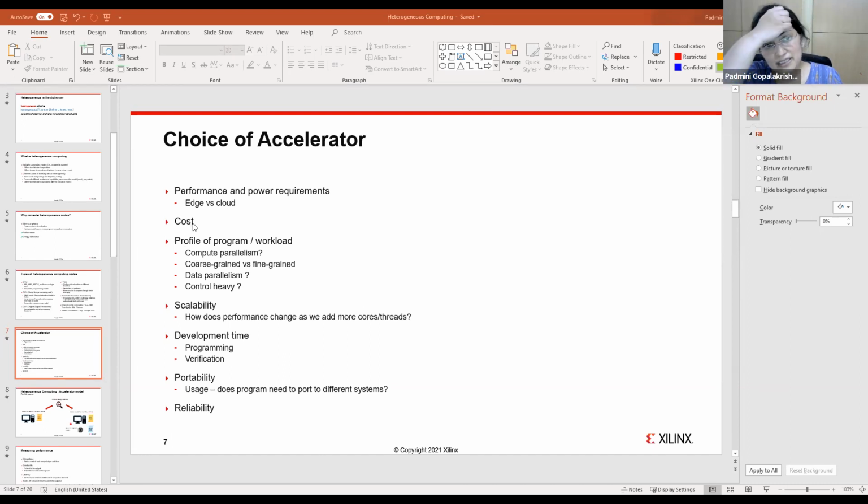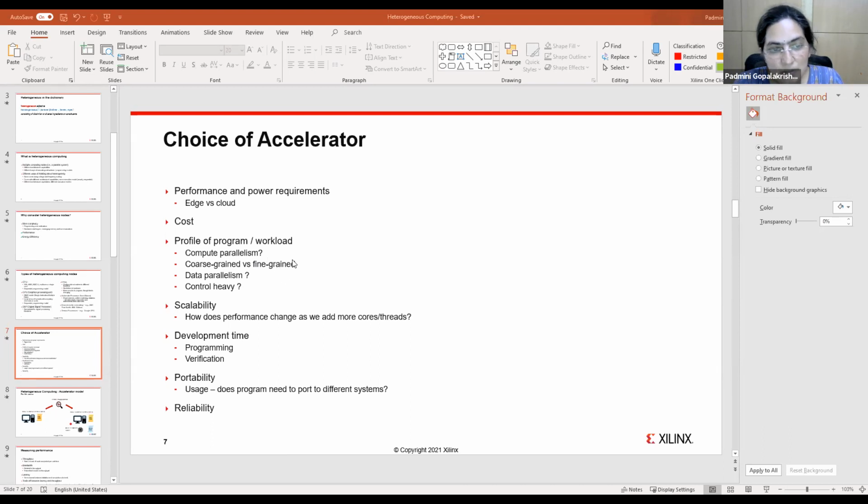Heavy duty servers and GPUs are very, very expensive. If you had to build a custom ASIC, the cost of developing that is very different from using reconfigurable computing. High-end FPGAs are expensive, but they can be reconfigured. So this also varies a lot based on the application.